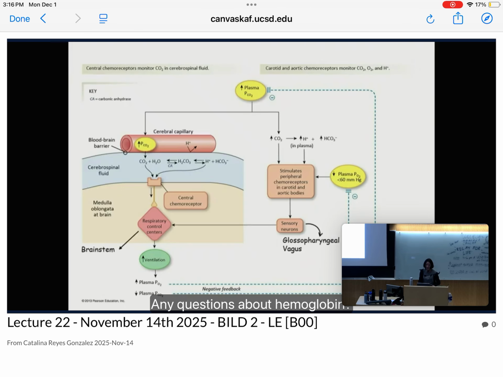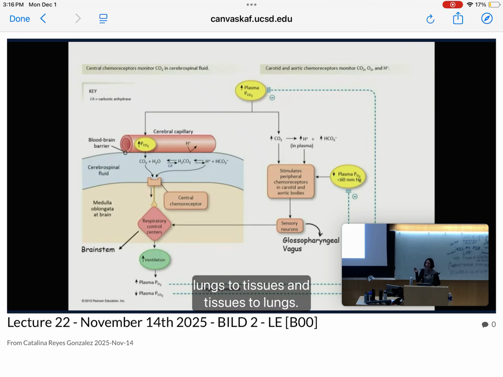Okay. Any questions about hemoglobin, and partial pressure of oxygen, and how we move that oxygen from lungs to tissues and tissues to lungs? We're good? Okay. Now I'm going to talk about, in just one quick slide, what regulates